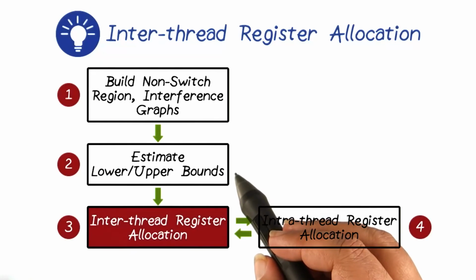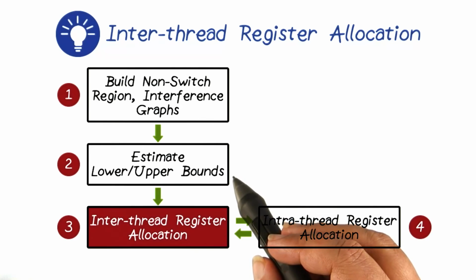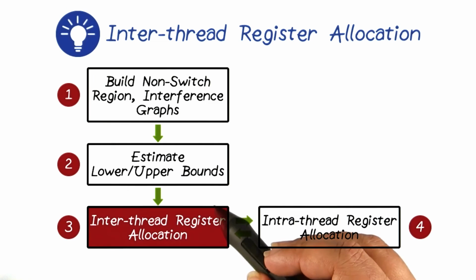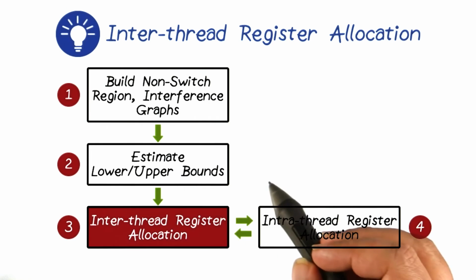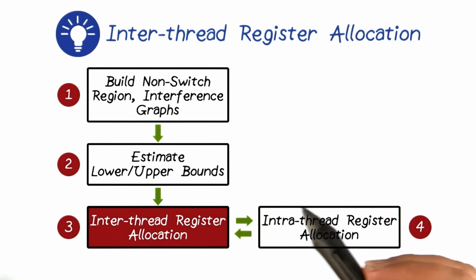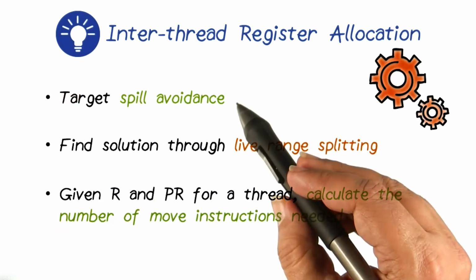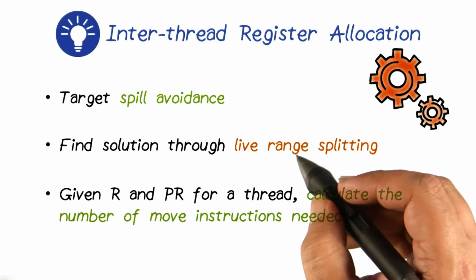Having done some program transformations, having estimated the number of private and shared registers that we need, let us now look at how the inter-thread register allocator uses these estimates, performs program transformations, carries out the register allocation, and so on. For that matter, it is going to invoke the intra-thread register allocation and closely work with it, undertaking some transformations and allocation decisions so as to get the register pressure below the desired value. So the main goal is to avoid spill, and